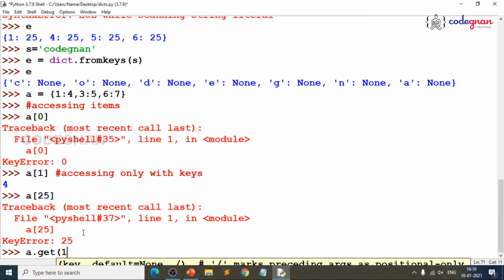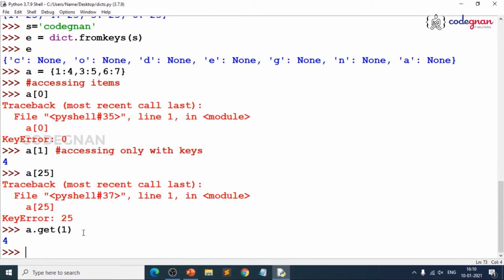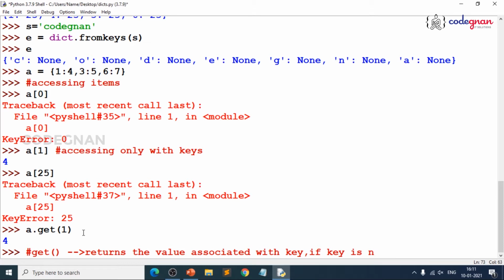Suppose I give get of 1, you get 4, because when I give get, it will generally try to return the value associated with the key. If the key is not present, it will not throw any error, it will just leave as it is.